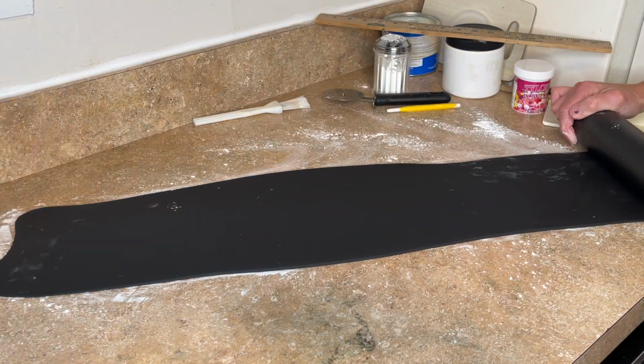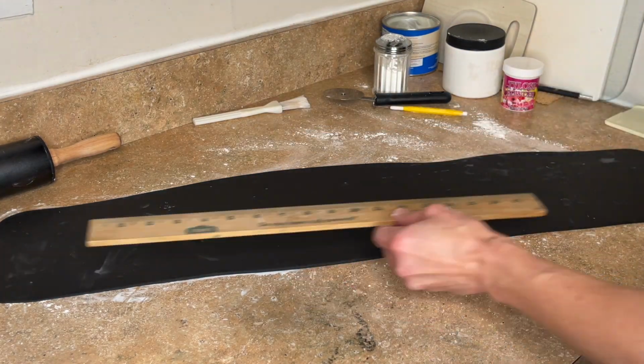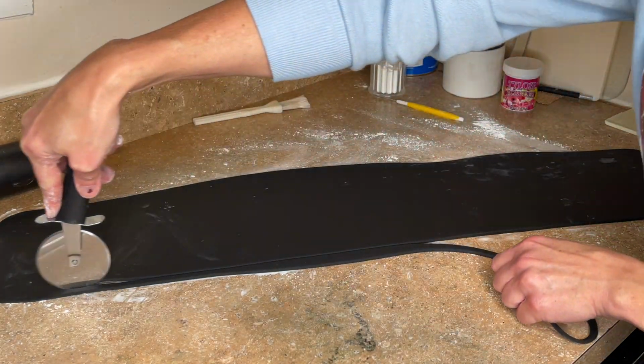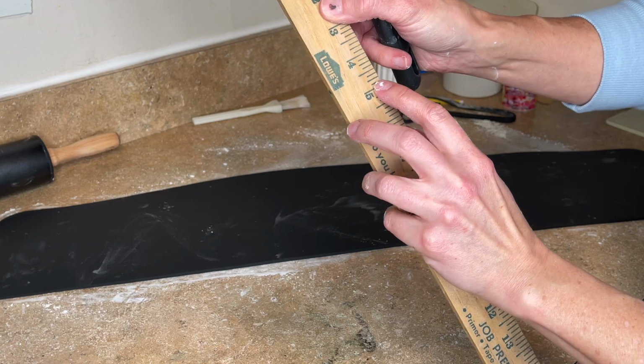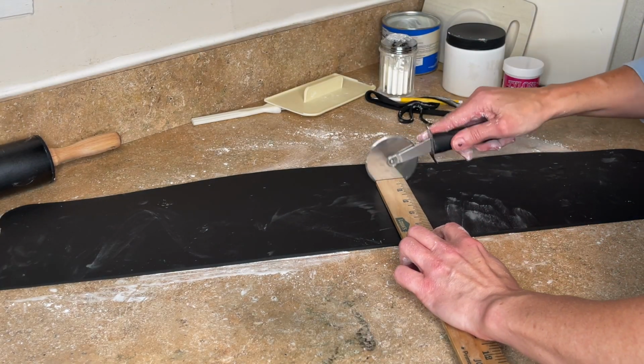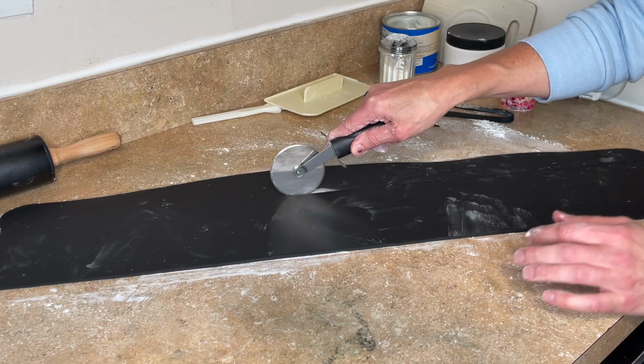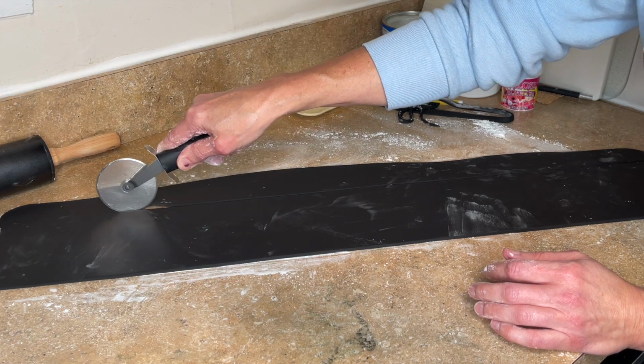So I'm rolling out this black fondant really long, then using my fondant smoother to smooth it out and make sure that it is long enough that I can wrap it around the cake. Use my pizza cutter to cut a straight edge at the bottom. Then it had to be 4 3/4 inches tall, so I'm aligning the 4 3/4 with that straight edge and then just making a dotted line with my pizza cutter and connecting those dots